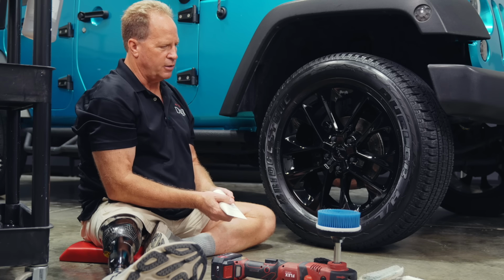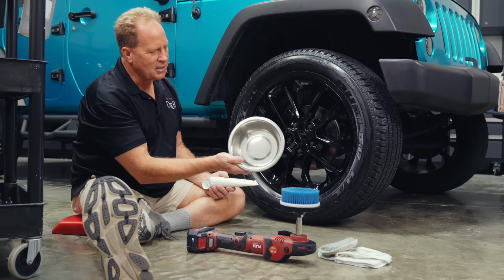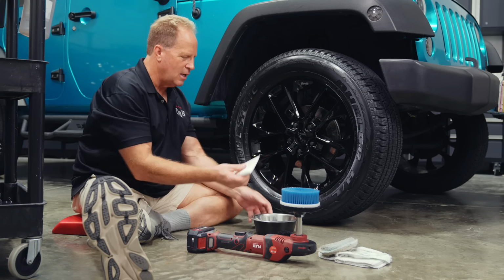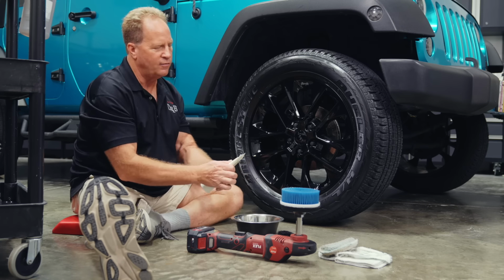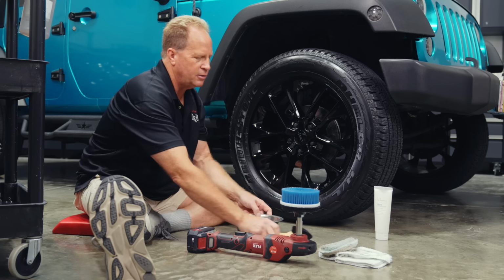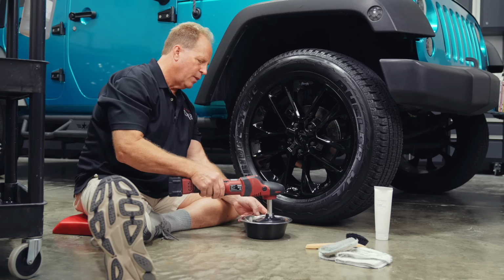So you do it kind of the same way. Usually I have a dog dish bowl over here. Let me go grab it real quick. Okay, so I went and grabbed this. I keep these around for all kinds of things. What I'm going to do is pour some of this in there. And remember, I've got all four tires to clean, so I'm going to use this up anyway. Then I'm going to take my rotary brush,